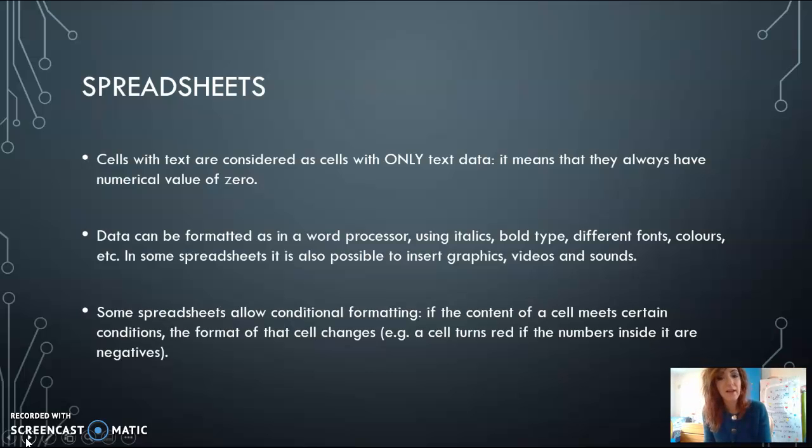Some spreadsheets allow conditional formatting. If the content of a cell meets certain conditions, the format of that cell changes. For example, if we decide that cells that contain negative numbers should be red, every time we insert or the calculator performs a negative number, the cell turns red because we decided it. Okay,